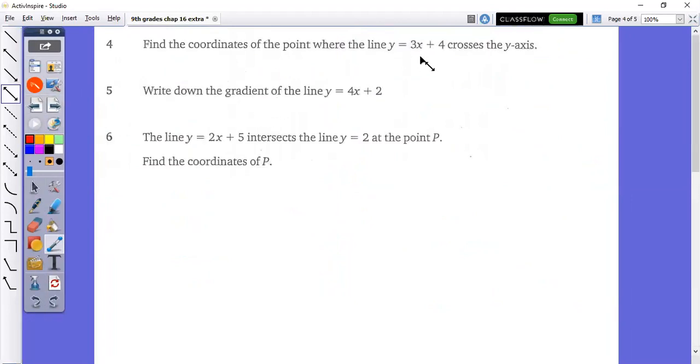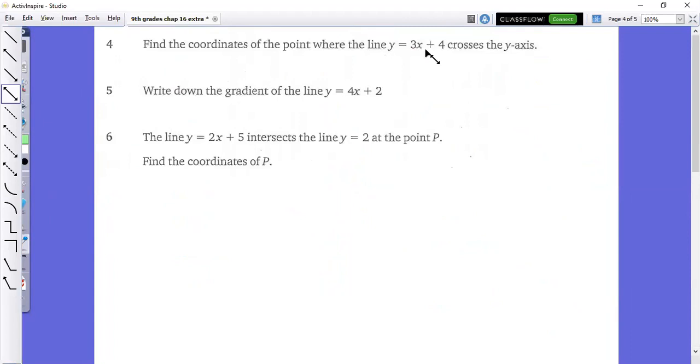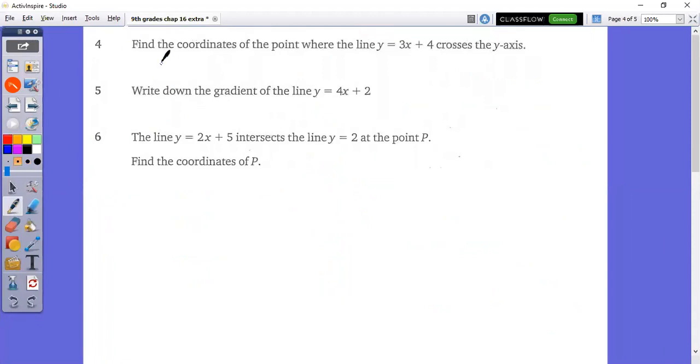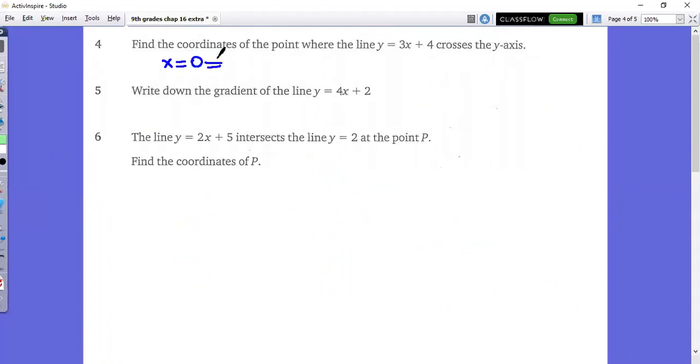Find the coordinates of the points where the line y equals 3x plus 4 crosses y-axis. To find y-intercept, we need to substitute 0 for x. Remember. So y equals 3 times 0 plus 4. We get y equals 0 plus 4. 3 times 0 is 0. So y equals 4. The coordinates of the point is going to be 0, 4. X coordinate 0, y coordinate